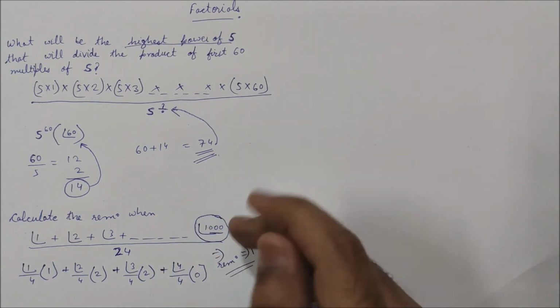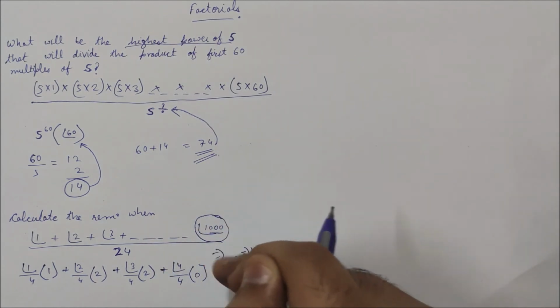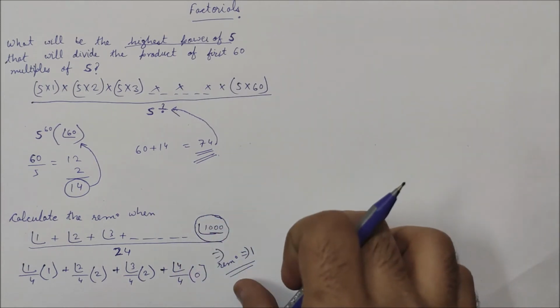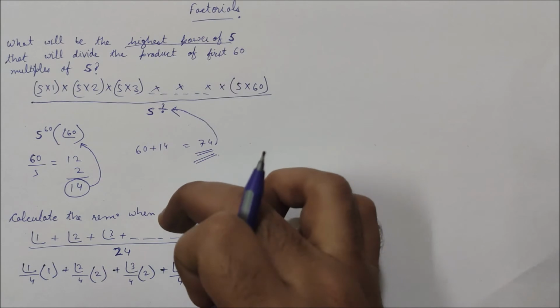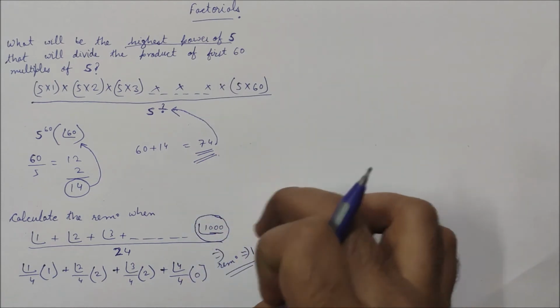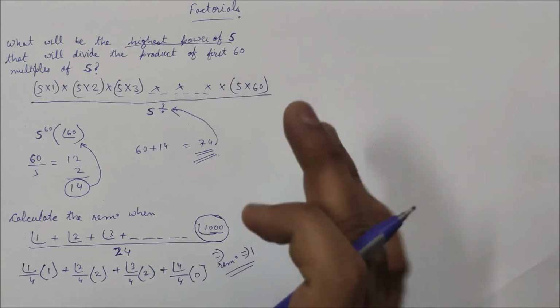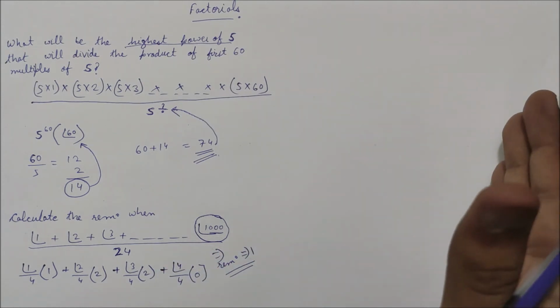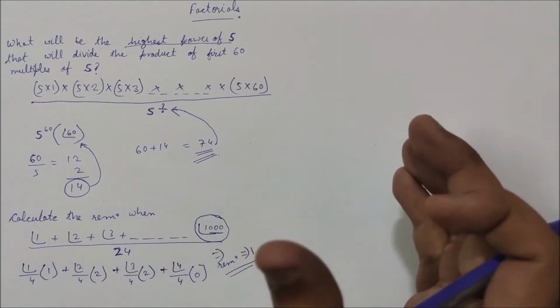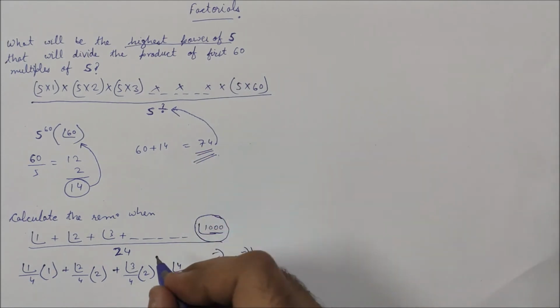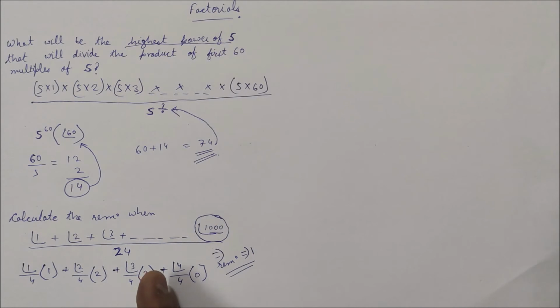So when we move on from factorial 4 to factorial 5, we are doing nothing but multiplying 24 into 5. Then for the next factorial it's 24 into 5 into 6, then 24 into 5 into 6 into 7. So 24 is constant in each of the further multiplications. That means all the numbers thereby are divisible by 24, so the remainder would have been 0 from factorial 4 onwards.